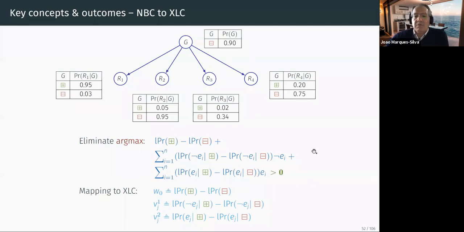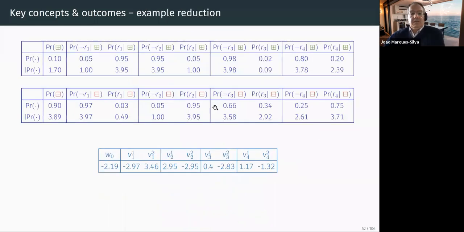Okay. Very good. So now here I show how we can compute the different values. So here I put all the probabilities. I'm not going to go over all of them. Again, it's a simple exercise. So the bottom line is that if I have all these values, then I can compute the translation to the extended linear classifier. Again, given the expressions in the previous slide.